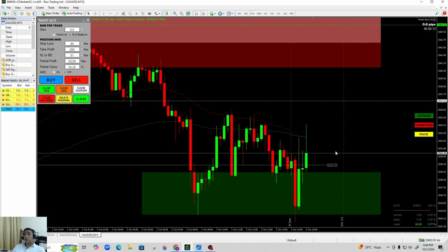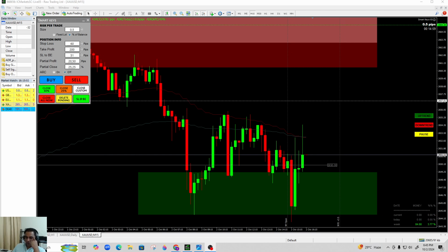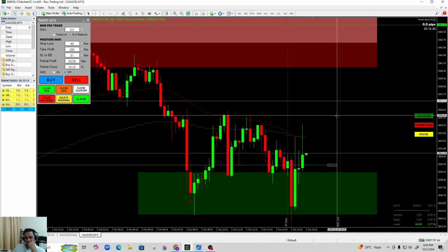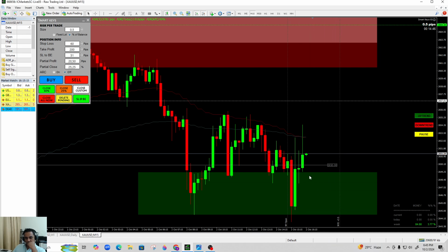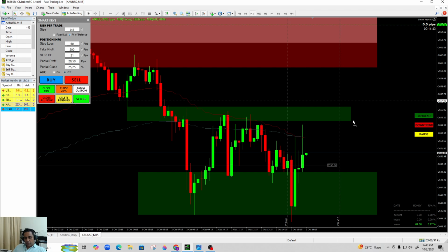I might be here for another hour, maybe less, maybe another 45 minutes, and then call it a day because I don't see any volume today. Price is just ranging here and here. So if I were to draw support resistance here,